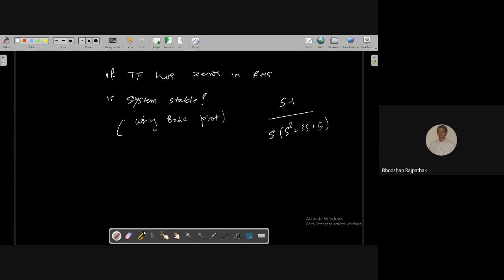Anybody here who knows this? The zeros when they are in RHS. For normal systems, Bode plot you already know, how to draw it, how to check the stability. But these are some special examples. When zeros are in RHS, these systems are called non-minimum phase systems. Okay, these are special systems which are called